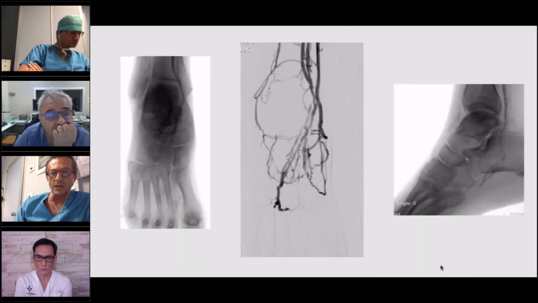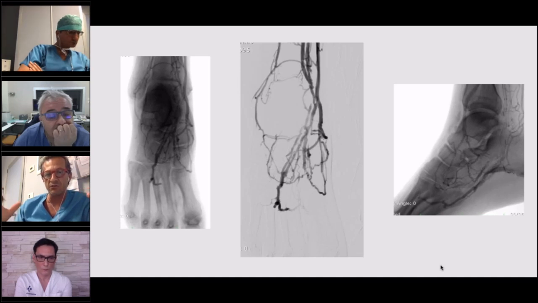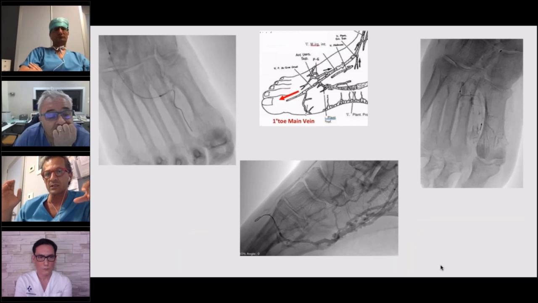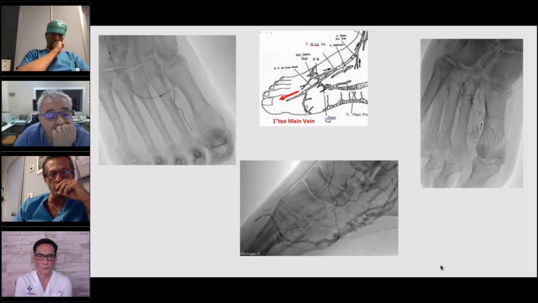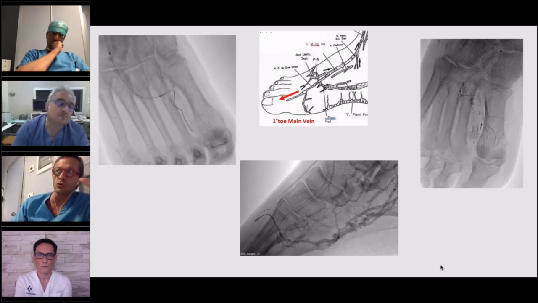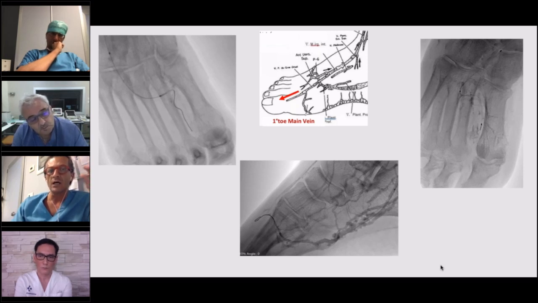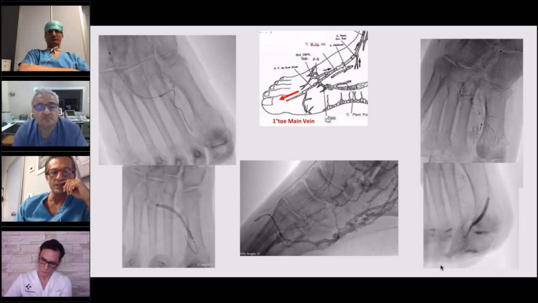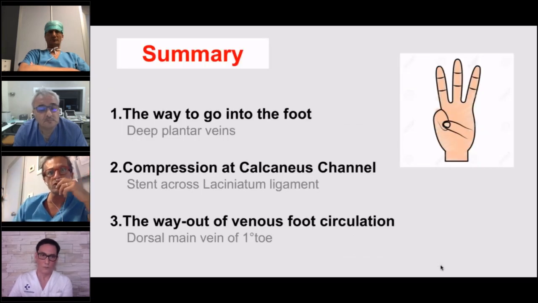But when we arrive at this level, the flow into the foot seems to be in a roundabout, without flow into the forefoot. This is because the most important way out of our flow is the dorsal main vein of the first space. This vein, conversely to the perforator vein, has 2 or 3 valves. So usually we have to navigate this vein to cross the valves and at the end devalvulate it, usually with a venoplasty, in order to obtain a good flow also into the forefoot.